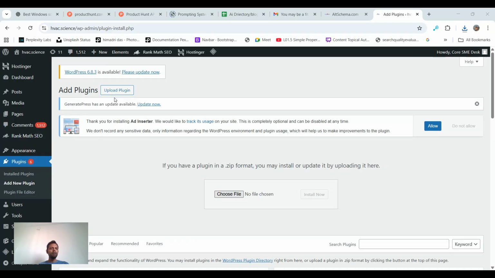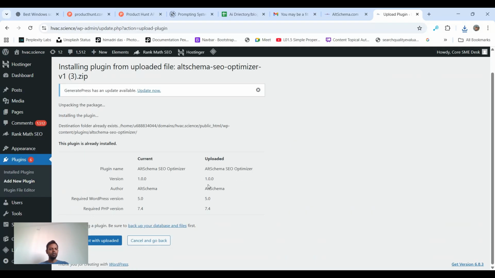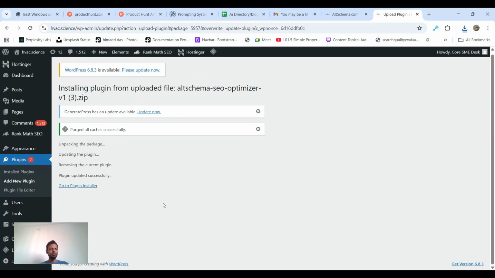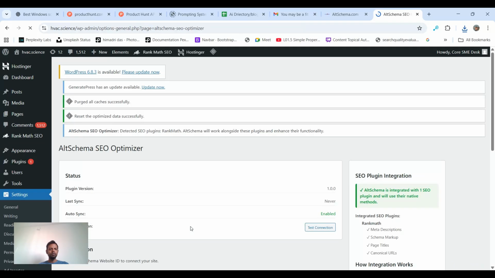Okay. I have uploaded the plugin. Now I'll install it. This plugin was initially there, so I just simply replace it. Okay. Replace is successful. I'll go to Altschema SEO